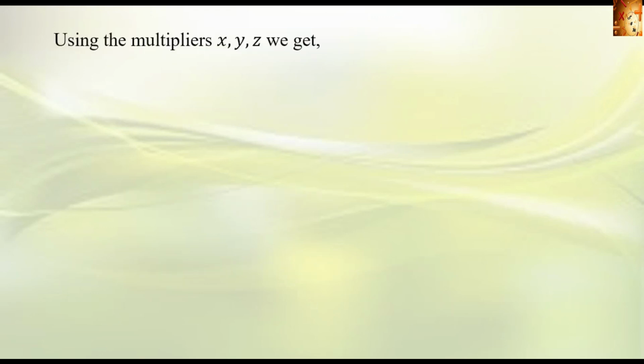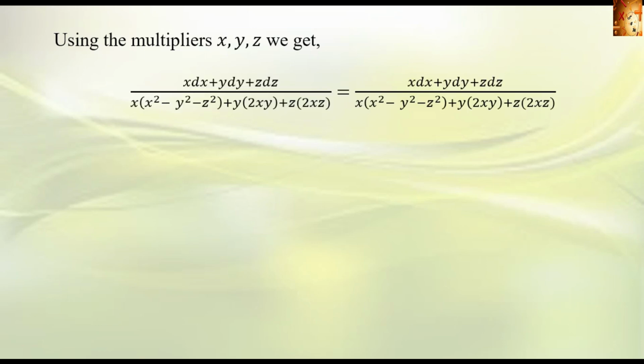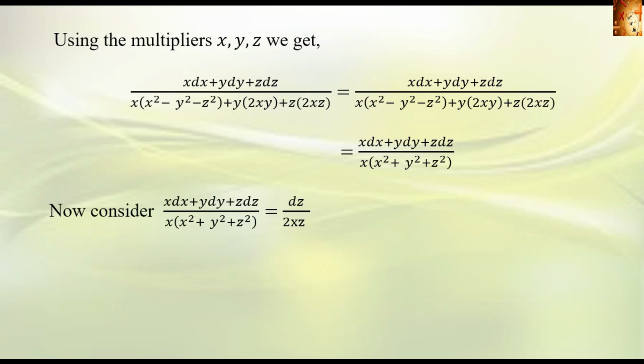Similarly, we cannot compare any two fractions else. So we have using the multipliers x, y, z. So we get the denominator as this one, x dx plus y dy plus z dz divided by x into x square plus y square plus z square. That is equal to